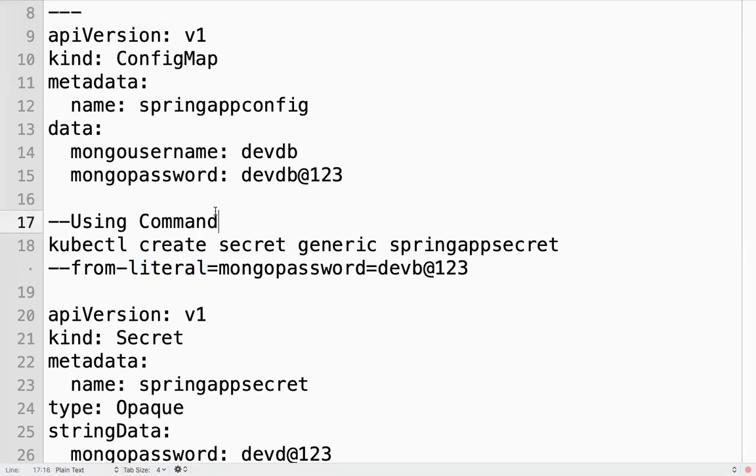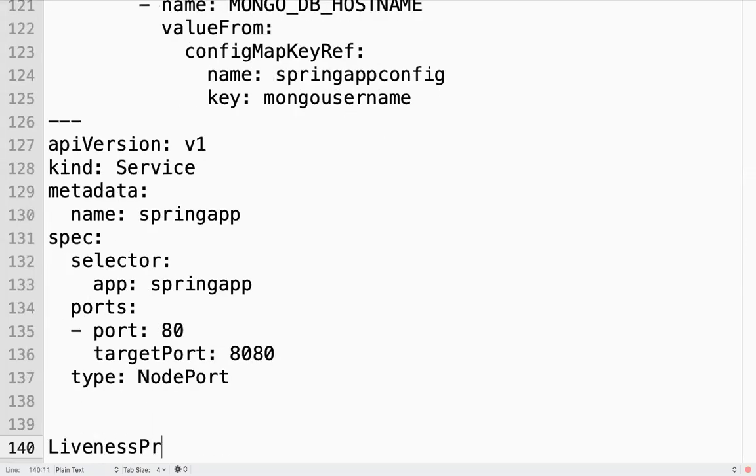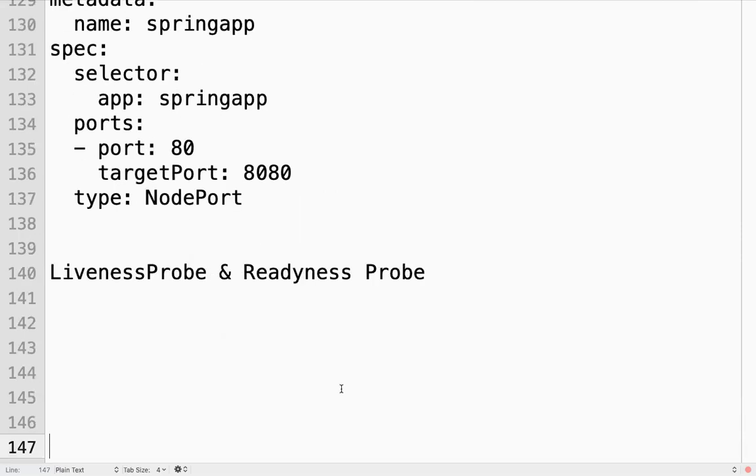Then we have one more small topic, liveness probe and readiness probe. There are two types of probes, liveness probe and readiness probe. Guys, as of now, how is Kubernetes identifying when your pod will be rescheduled, when your pod will be recreated?